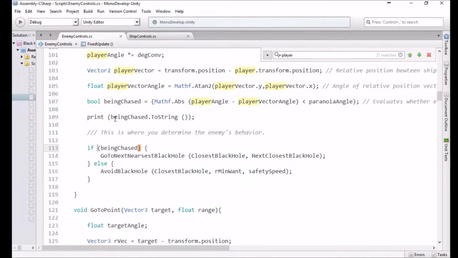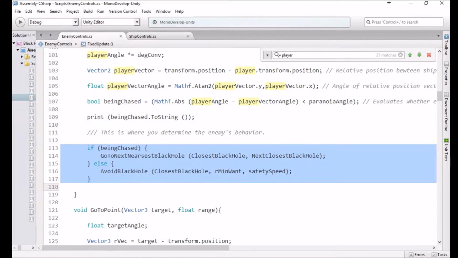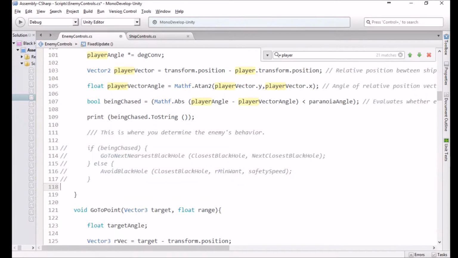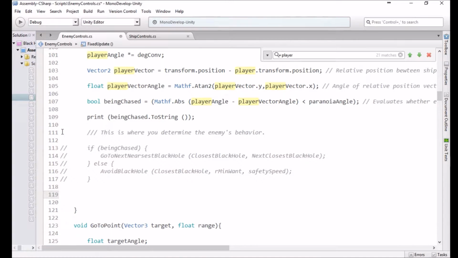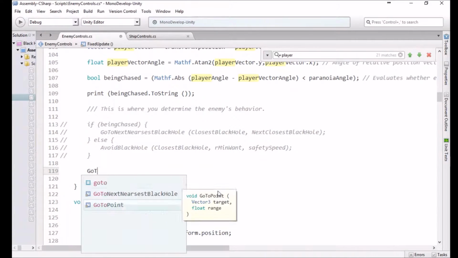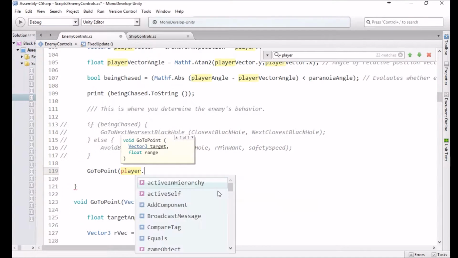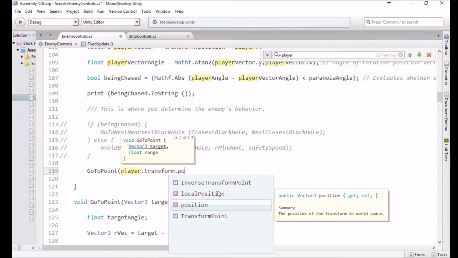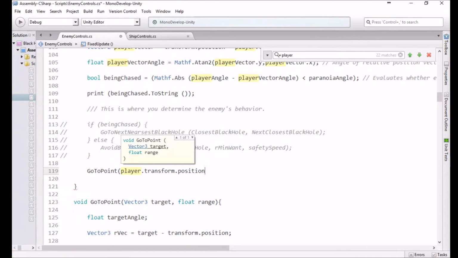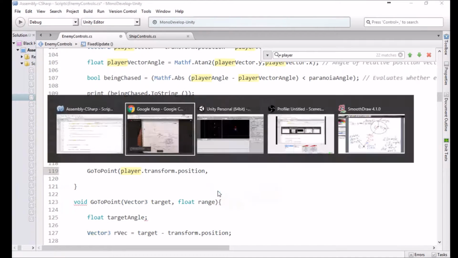Okay, so here we've got the being chased, etc. I'm going to comment that out for now. Control-Alt-C, yes. And what I'm going to do is I'm going to say go to point. There we go. It's been accepted as a subroutine. I need a target. That's going to be player.transform.position, comma, a range of,